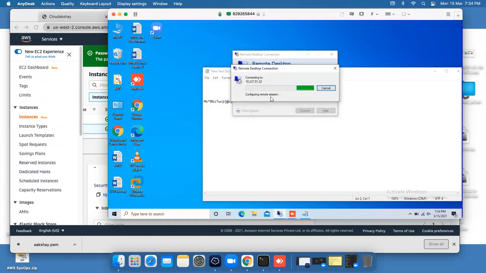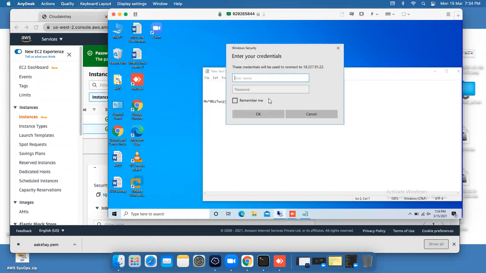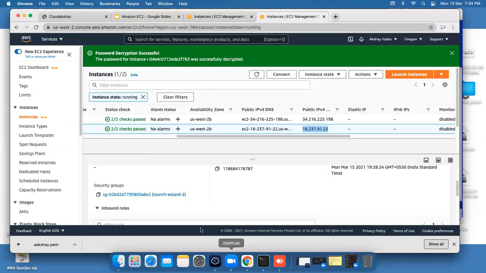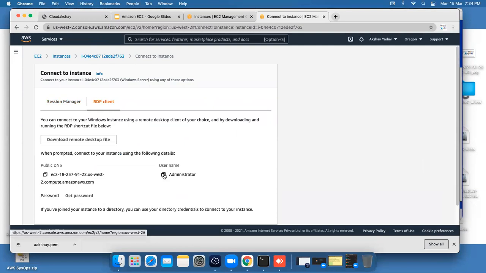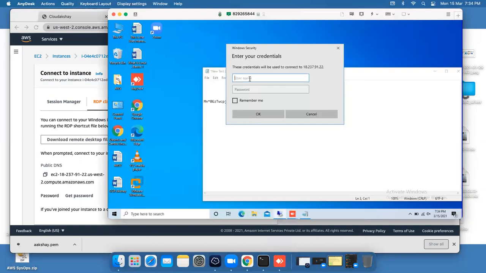Connect, configure remote session, and it asks me for the username and password. So I need to paste my administrator name, connect through RDP client, copy the administrator username and paste it here.